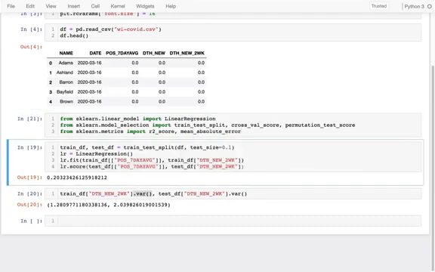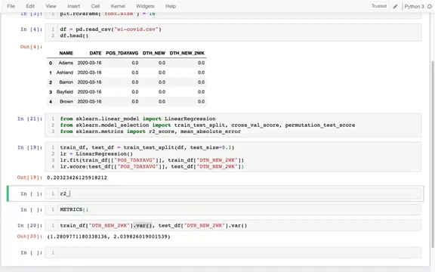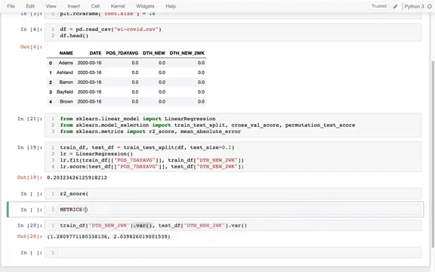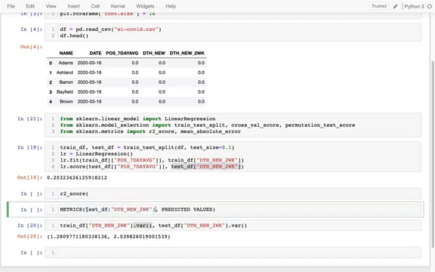And so the way all of these metrics work is kind of like this. I'll call the metrics function, and I have to make sure the order is right between my true and my predicted values. I'll say, what are the true values, and then my predicted values. And so for example up here, I know that these are my true values, and then my predicted values, well,